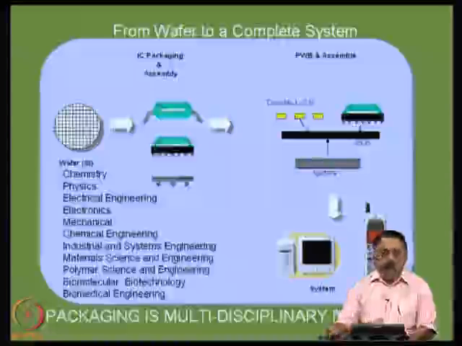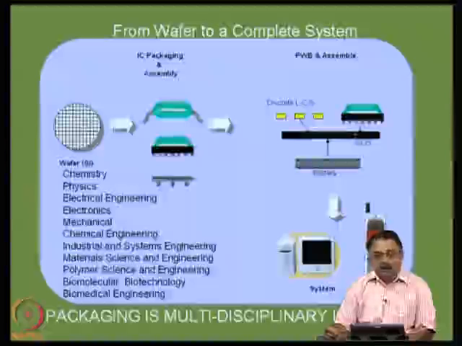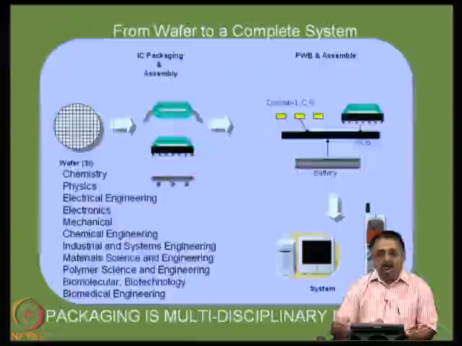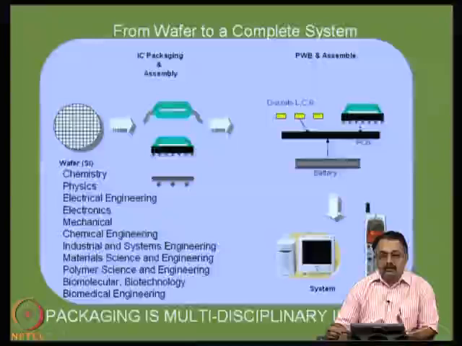And from there, as you go along, you will see that there is another set of activity called the PWB, printed wiring board and assembly, where a single package or group of packages are mounted together and interconnected on a single substrate called printed circuit board. And there are other electromechanical components, etc., that will be around the critical devices, powered by battery and so on, and then it goes to the formation of a system. As I said before, a system can be a computer, it can be a handheld product, a mobile phone for